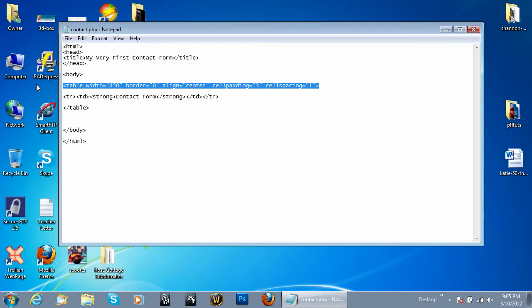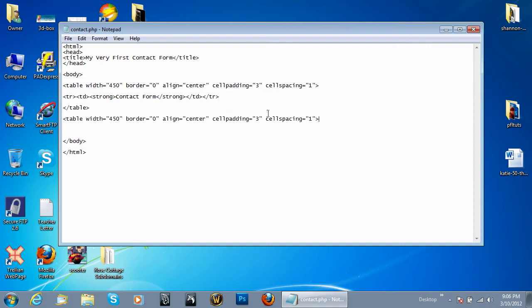I'm then going to copy this right here, because I want to keep everything relatively the same except for the cell padding. I want to change that to 0, and my cell spacing I'll leave at 1. And I can then go down here and start my next section, which is going to be for the actual